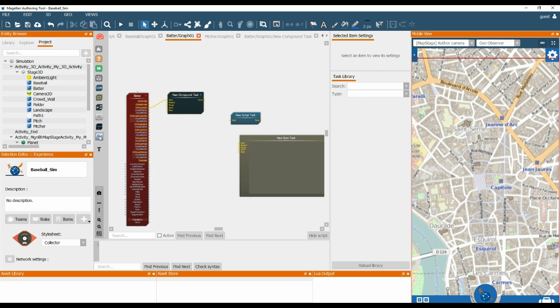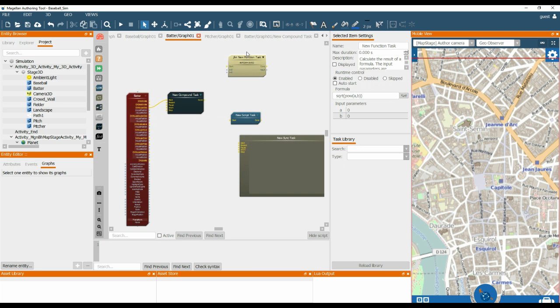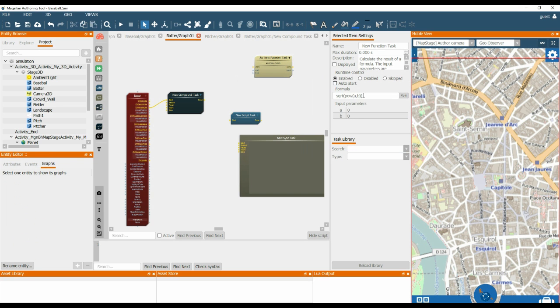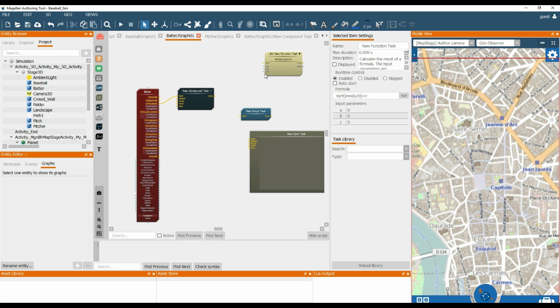For the function task, we can directly drag that onto the graph as well. With the function task, you can create different mathematical formulas and have the output onto the result pin. You create any formula you would like within the formula field. The input parameters are created directly from the formula itself. Here we have A and B. If we were to add another variable and click set, it would automatically add the C, and we also have the input pin for C. You would connect these to the inputs, and the result of the formula would be output on the result